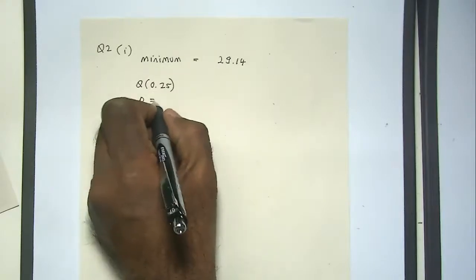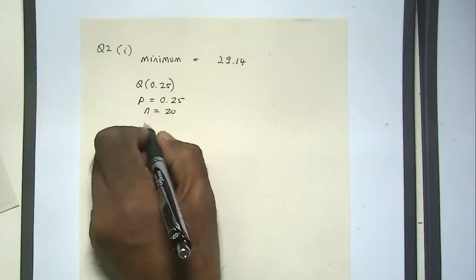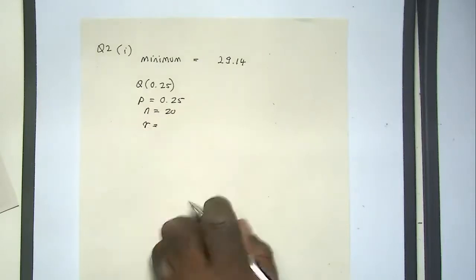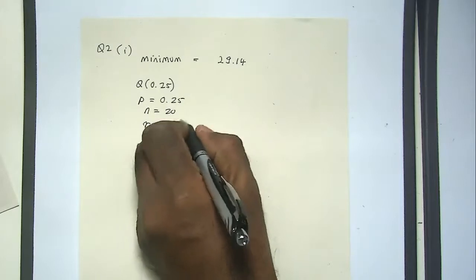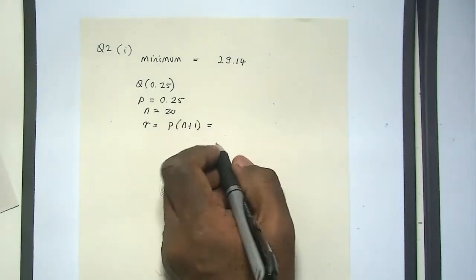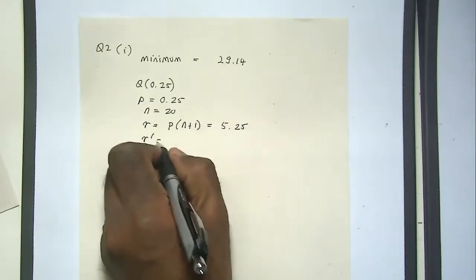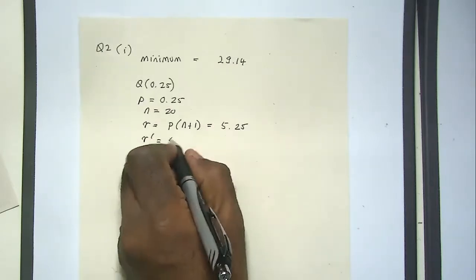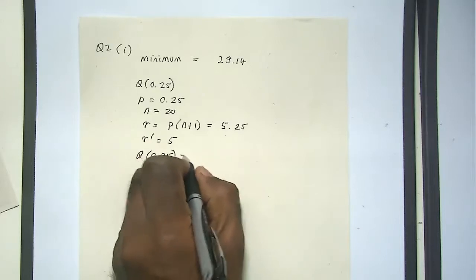So your P is 0.25 and your N is 20. So your R is, use the formula that I gave you in the lectures, which is P times N plus 1. If you work this out, you get 5.25. So R prime is the integer part of this, which is 5. So Q at 0.25 will be